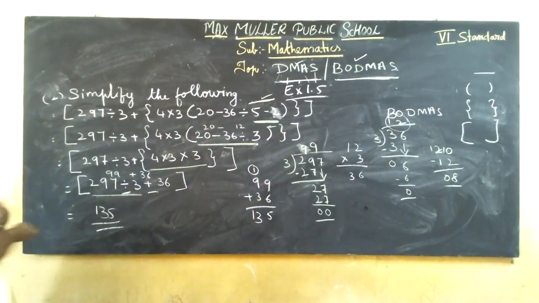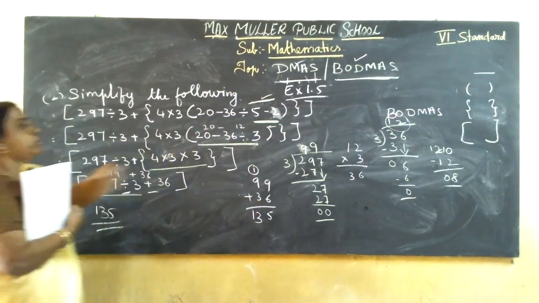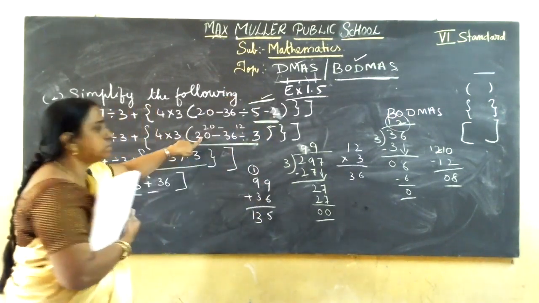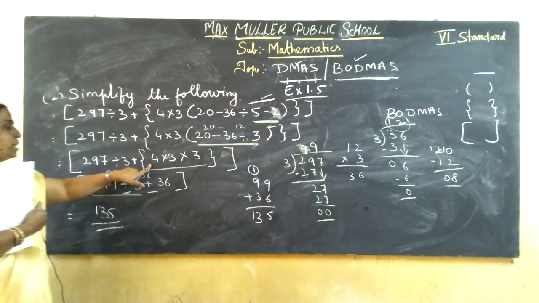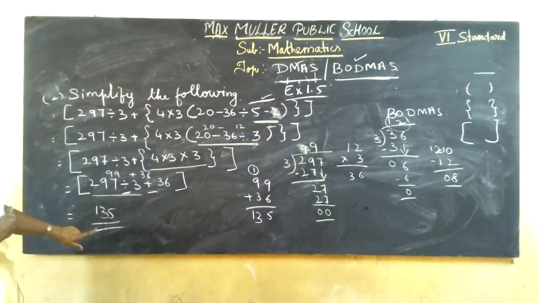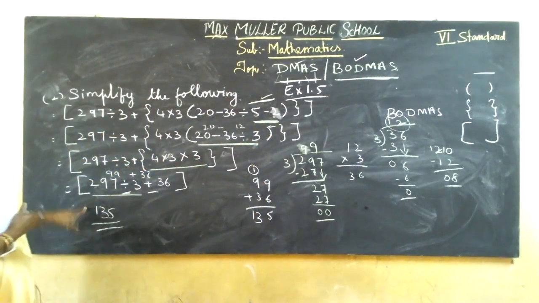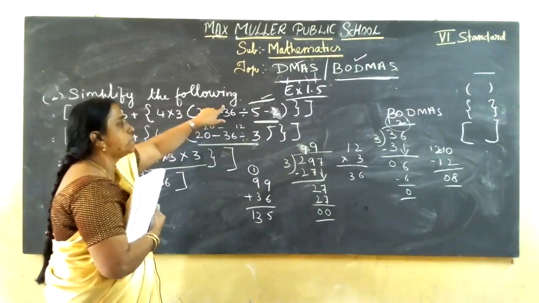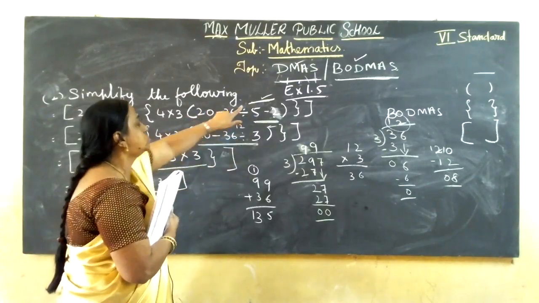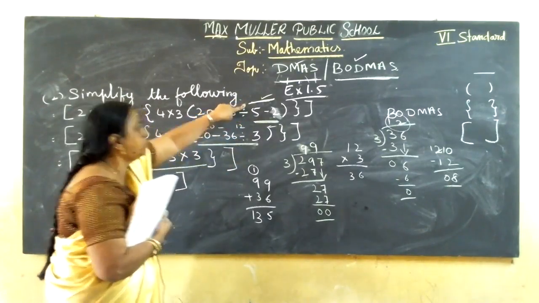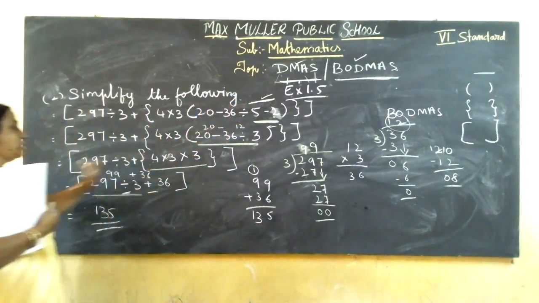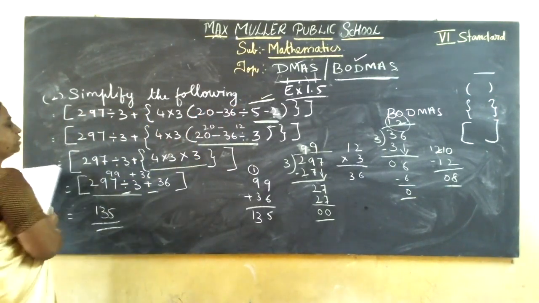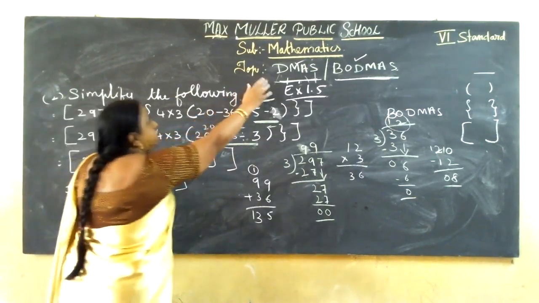Clear? See here, we solved one by one. We followed BODMAS rules: first vinculum over, then this is what? Round bracket. Then curly bracket. Then we solve square bracket. That's all, we got the answer. Clear now how to go one by one? First we solve round bracket, then vinculum and all. You should follow the same order. First you should go for vinculum, then round bracket, then curly, last square, then you will get the answer. After that also if you get 2 or 3 operations, you should follow BODMAS rules.